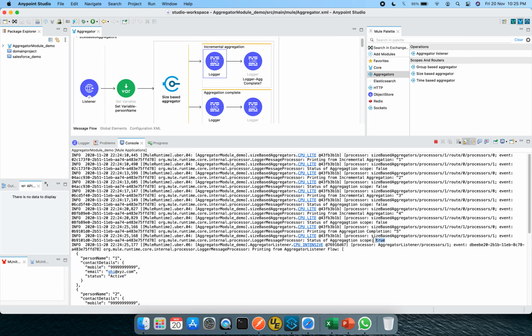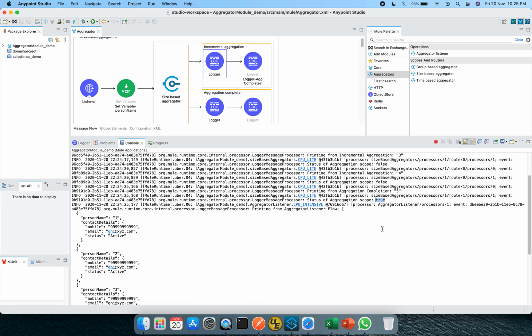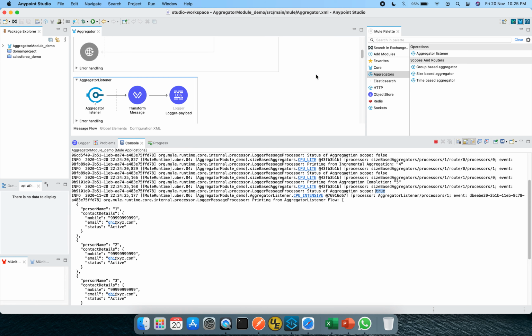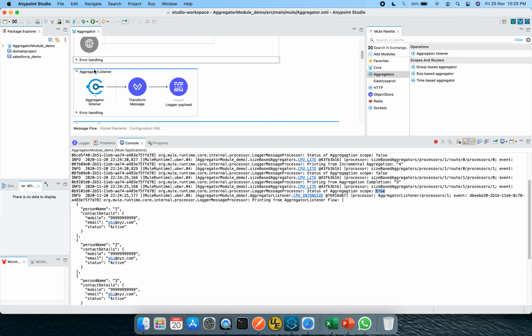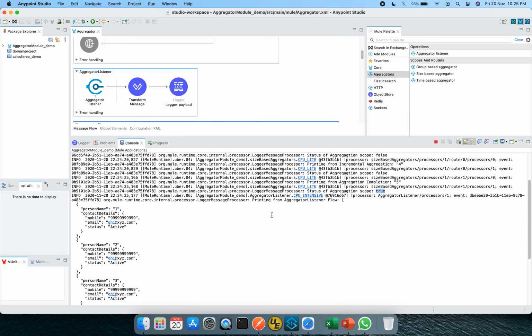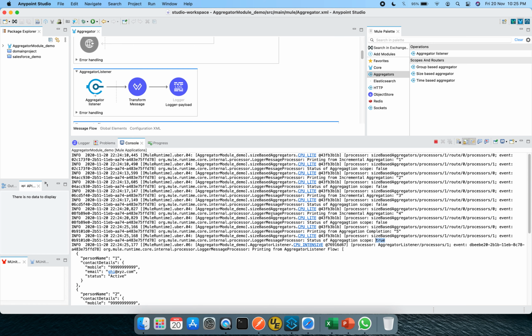After it is set to true, it goes towards printing from the aggregator listener view. This means it has now reached this particular flow. It has aggregated all these 5. Now, this is about the size based aggregator.